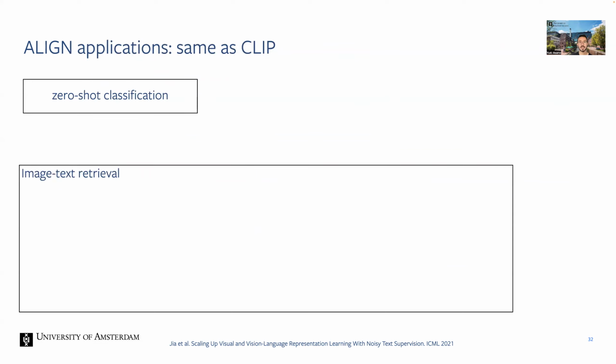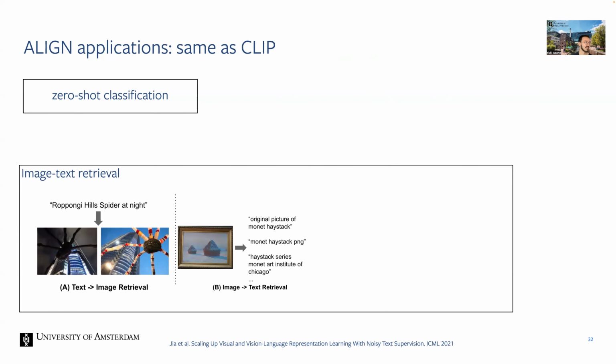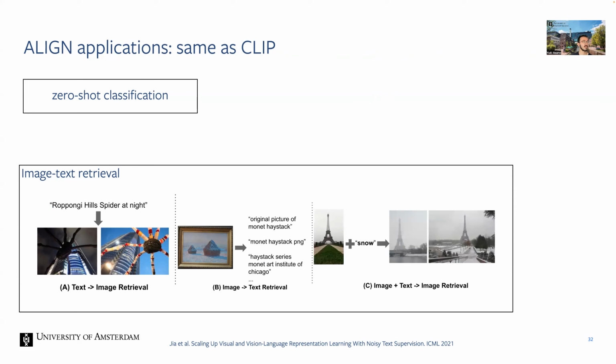What they also show is image text retrieval, which is quite interesting. Which is also like clip, sorry, and similarly text to image retrieval, also same as clip. What they also show is that you can do joint retrieval. So here is shown what you can do. You have the image of the Eiffel Tower plus the word snow, and then you get these sort of images back, which is nice, right?